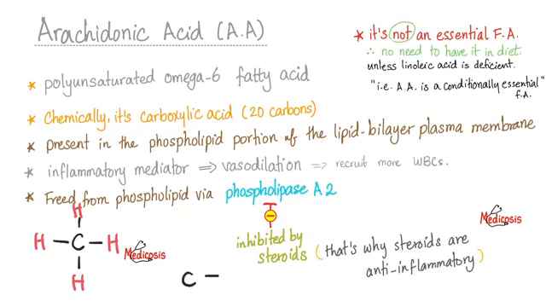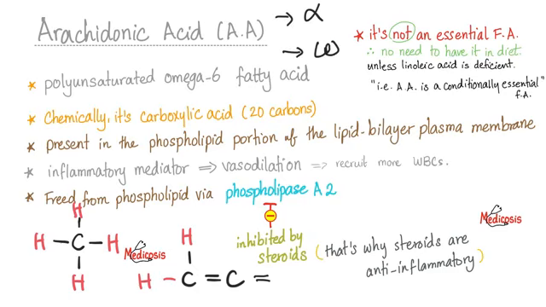But what if I add a double bond? Oh, now this carbon can never bind 4 hydrogens. It can bind 1 and 2. That's it. It cannot bind 4 hydrogens. So this carbon, thanks to the double bond, is unsaturated because it's not fully saturated with hydrogen and not fully saturated with single bonds. How many double bonds do you have here? I see only 1. So we're going to call this a monounsaturated fatty acid. But what if we have more than 1 double bond? Then it's going to be a polyunsaturated fatty acid. Why call it omega-6? Well, the Greek letter alpha is the beginning and omega is the end.